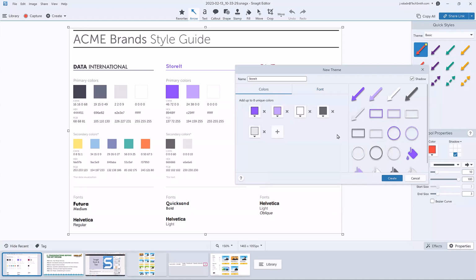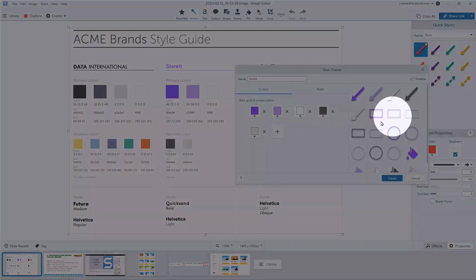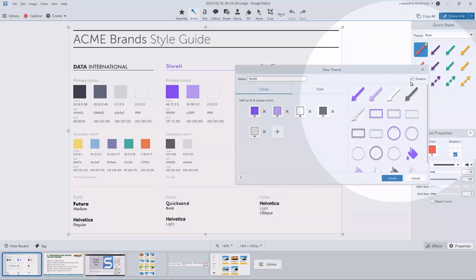Now, this one's a little controversial, so get ready. Whenever we install or add a new callout to an image in Snagit, we have a shadow turned on by default, and you'll see the shadow is just underneath each one of these images. If you would prefer your theme to not have any shadow, all you need to do is click on this button here. It turns off all the shadows on the images. So if I click it on, you'll see that there's a little shadow here on all of these callouts. But when I turn the shadow off, they're very, what I would describe as flat imagery,